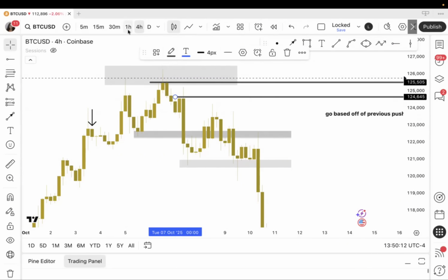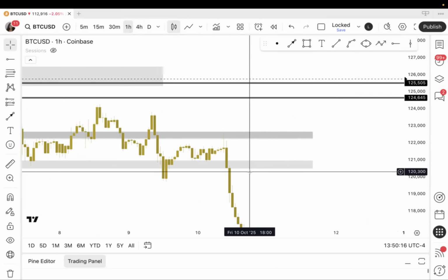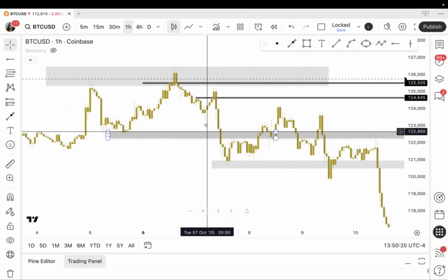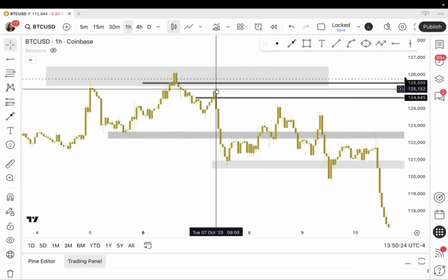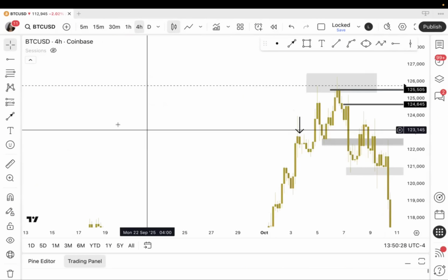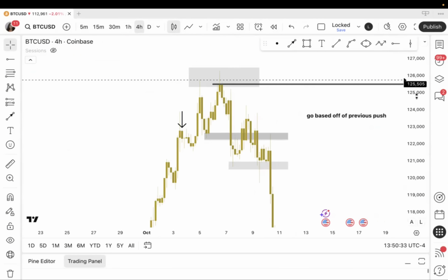Honestly, you can look at it this way because of the 1 hour time frame. So if we go to the 1 hour, it'll look a little bit better for you guys. So that's what it will look like. You see price came up to a certain level, dropped down, lower high, lower low, right? But let's just make it simple for you guys. Let me remove this. If we're looking at the 4 hour time frame,